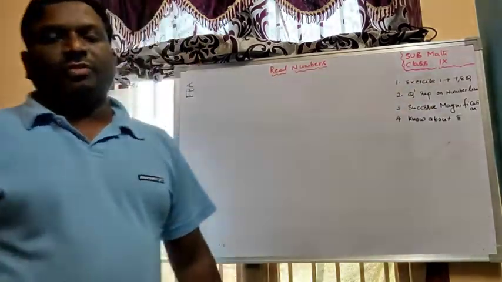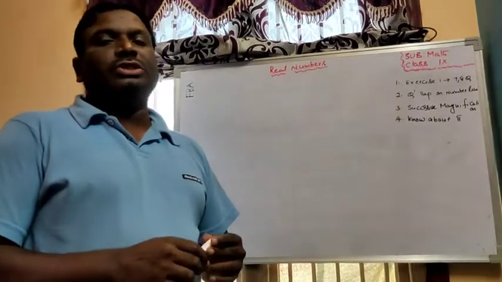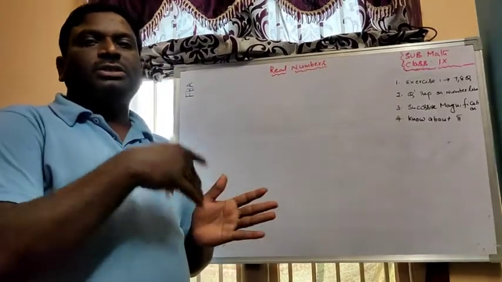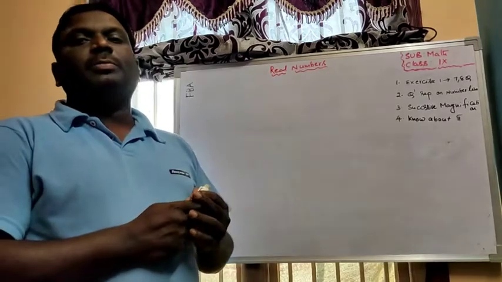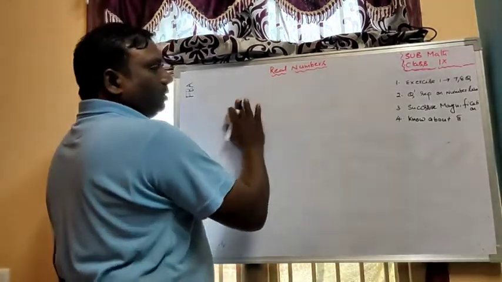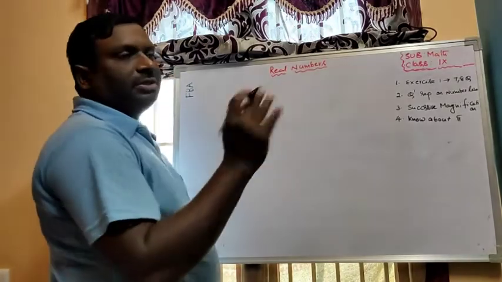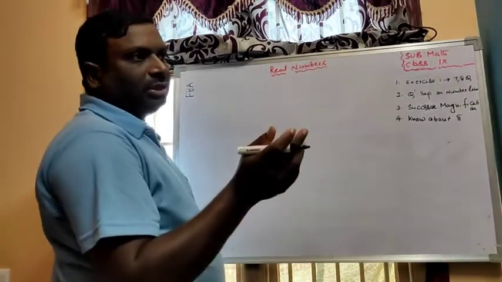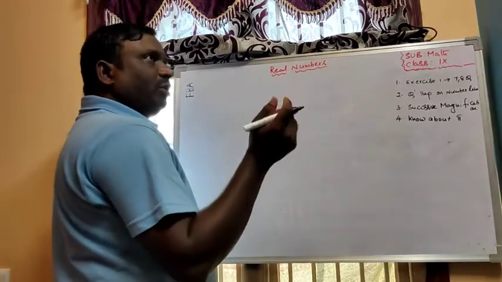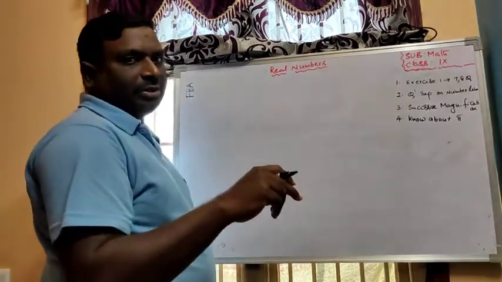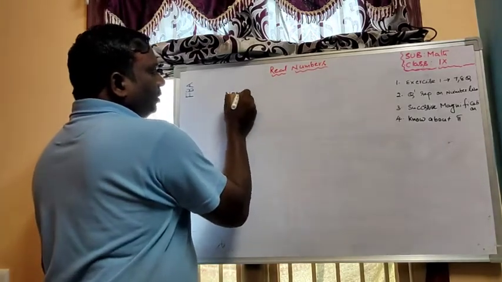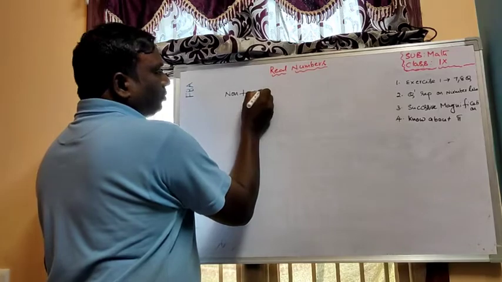So the first exercise, 7th main and 8th main questions, is how to change decimal numbers into a fractional form, that means p by q form. Already I discussed rational numbers and irrational numbers. Rational numbers are terminating decimals and non-terminating recurring decimals. In non-terminating recurring decimals,